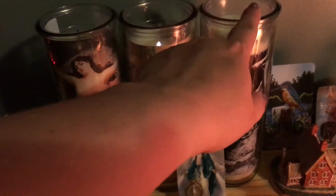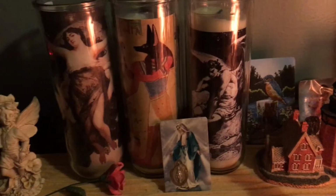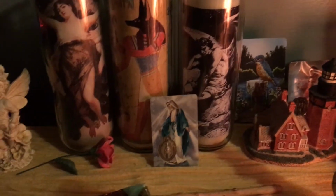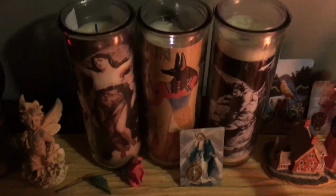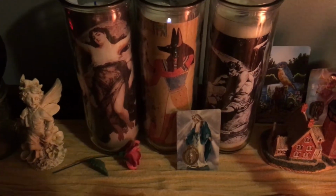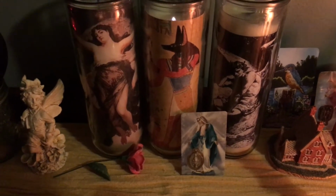And then last but not least is this candle here, which is a candle dedicated to Lucifer and also my shadow. So it's very important, light and dark and embracing my dark side. And of course I have the Virgin Mother, who is another big part of my spiritual practice. I am definitely the calico cat of witches. I have no problem having Lucifer and the Virgin Mary on the same altar. I know some people may think that to be offensive or inappropriate, but in my heart it feels right,